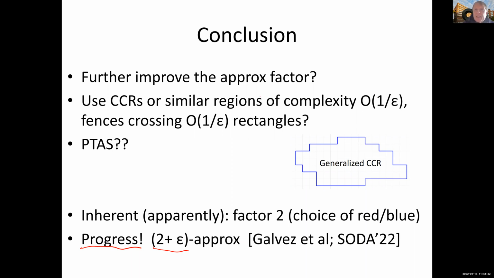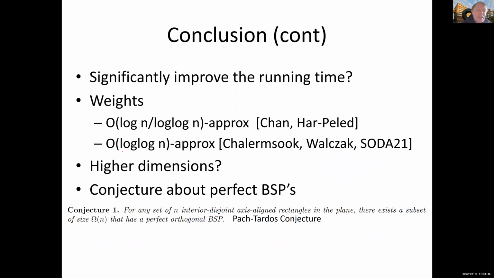So the idea is that we're going to use CCRs more generally. This was the original intent of this approach, to explore the question of whether this might lead to a PTAS or not. So can we significantly improve the running time? I don't know. Weights, that's the version I'm currently working on to get improved approximation for the weighted case. Higher dimensions I haven't worked on. That's open as far as I know. And the conjecture, the original conjecture is